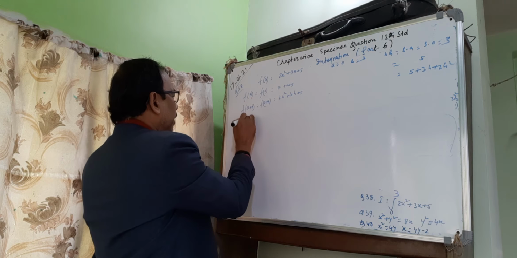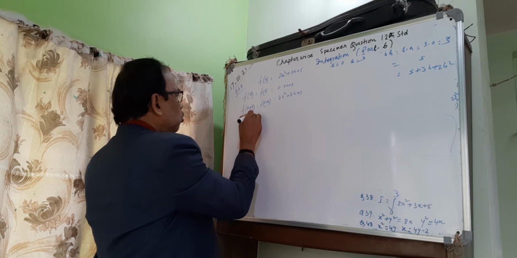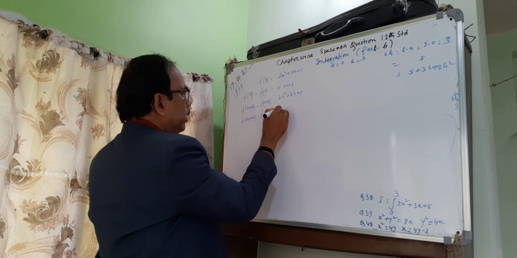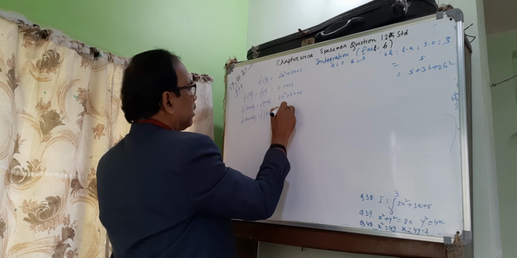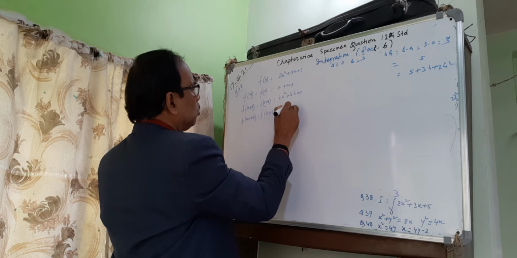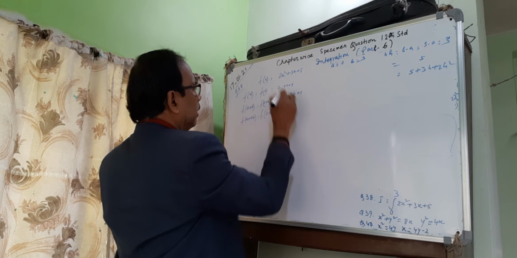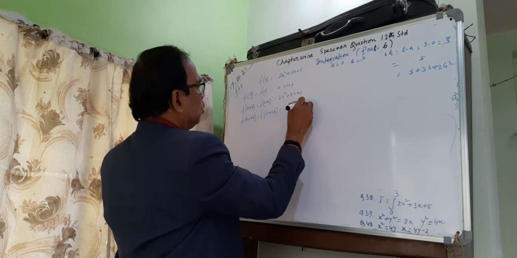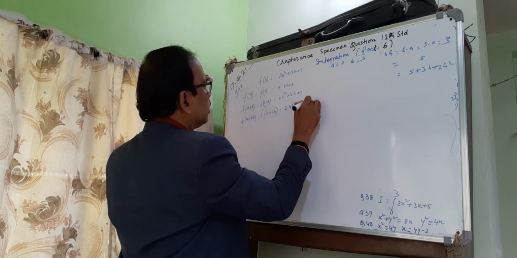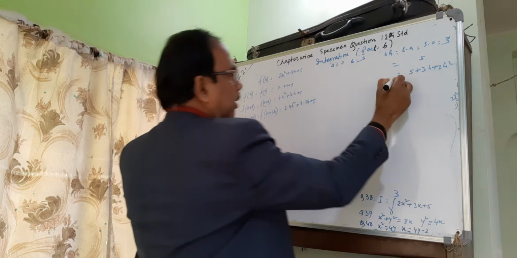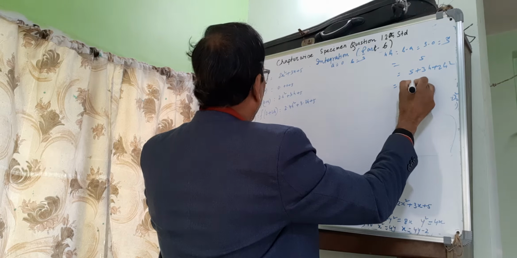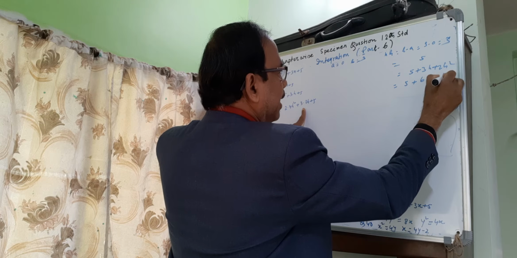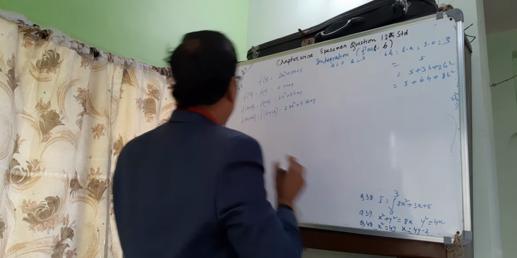Then f(a plus 2h), that is f(0 plus 2h), that is 2 into 4h square plus 3 into 2h plus 5, so this equals 5 plus 6h plus 8h square. Like this,